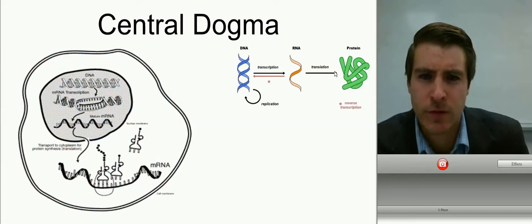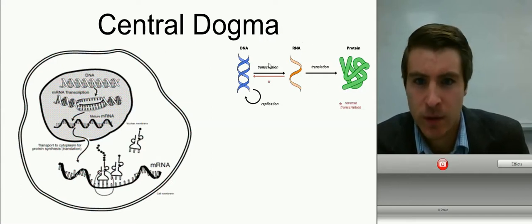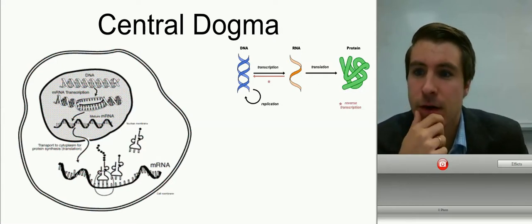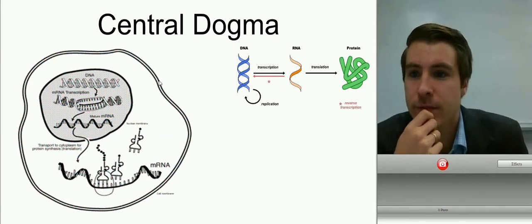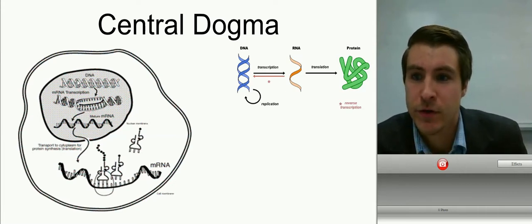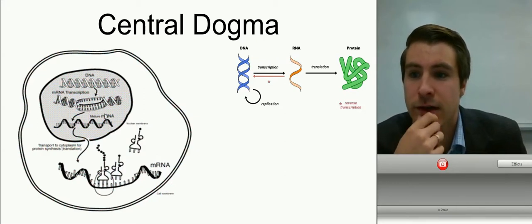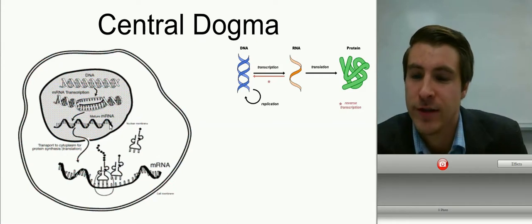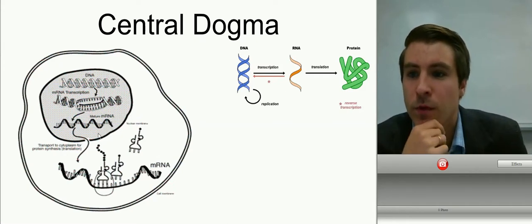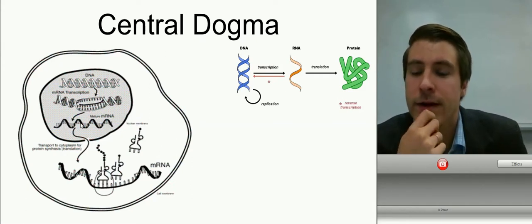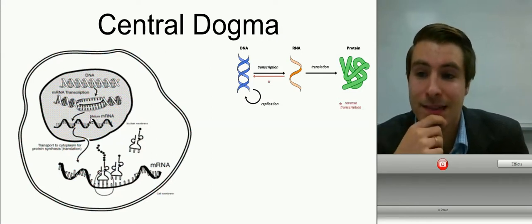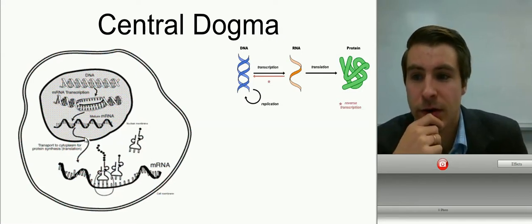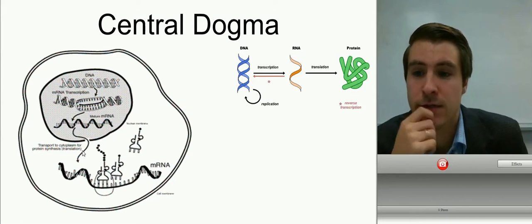So where is all of this occurring, and what is it called? Let's look over here at the cell. Here's our nucleus of the cell. This first step, transcription, is simply the process by which we go from our DNA double helix to our single-stranded mRNA. We call that transcription. It's all happening within the nucleus, and once that mRNA is made, we call it a messenger RNA, which means it can leave the nucleus, so it snakes out right here, out of one of the pores of the nucleus,